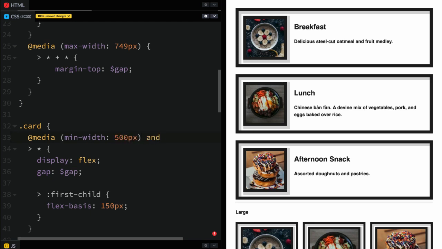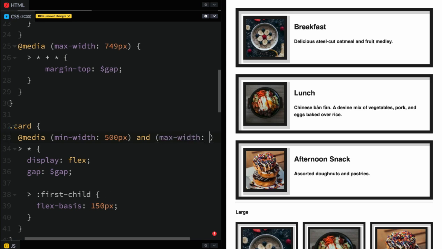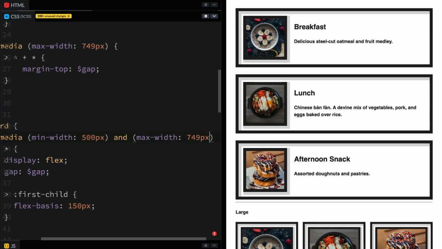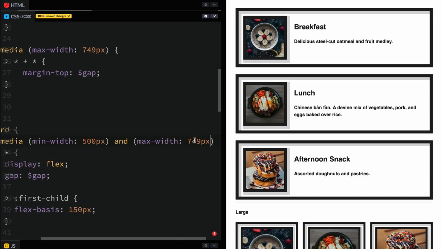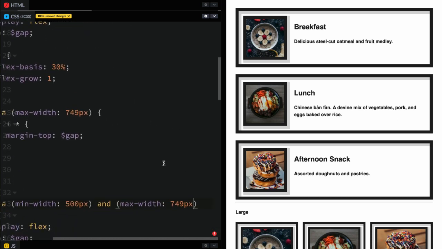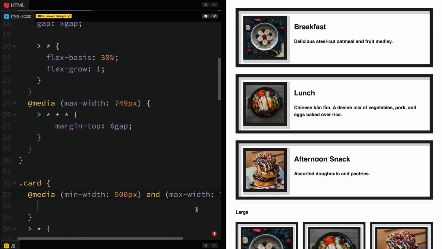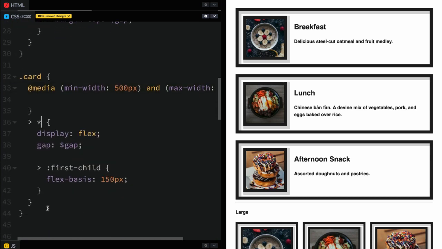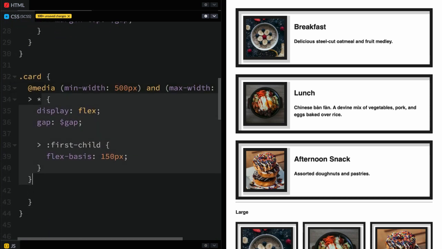Because I've done this a few times and I like how it looks, okay? Reasons might vary. So long as they have a reason, that's good in my books. This should be 749 pixels again, because it should be one less than this so that we don't get any style clashes. And now, if we move all of this right up into here, just like so,